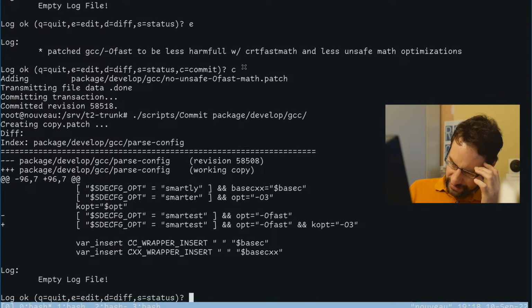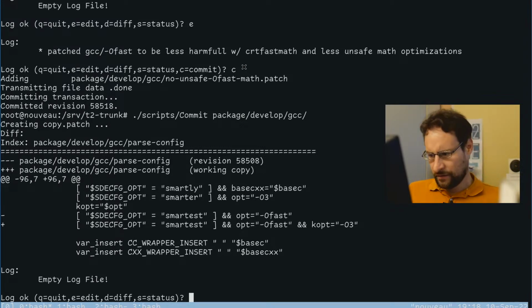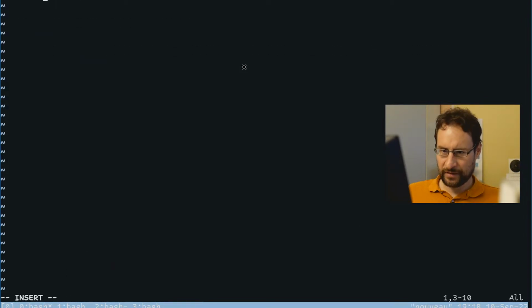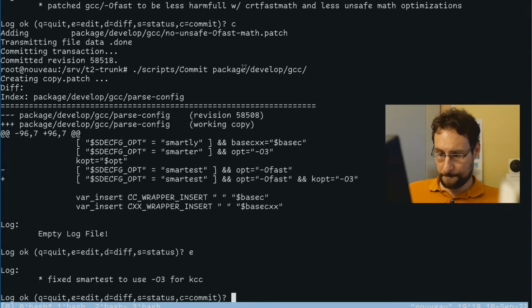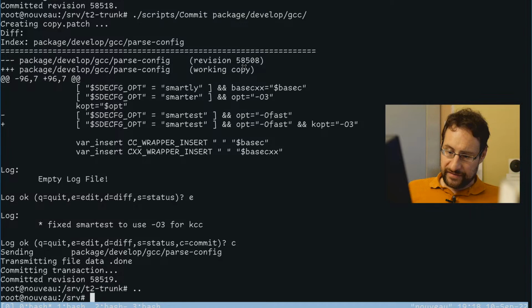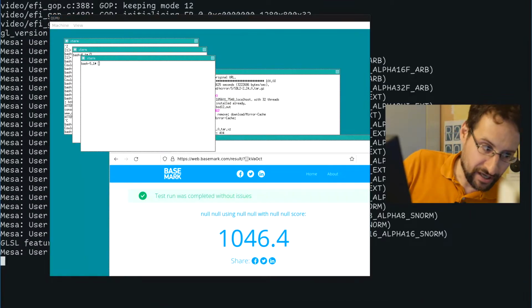Basically, I think previously we just used O2. Yeah, so actually I wanted to fix smartest to use 3, 4 cases. I guess like that.